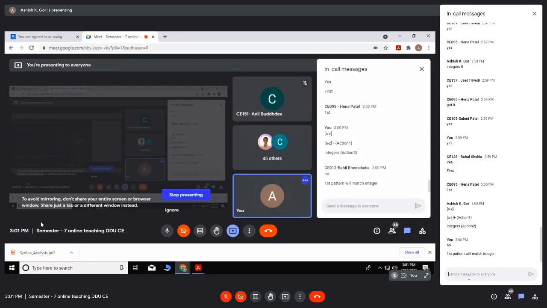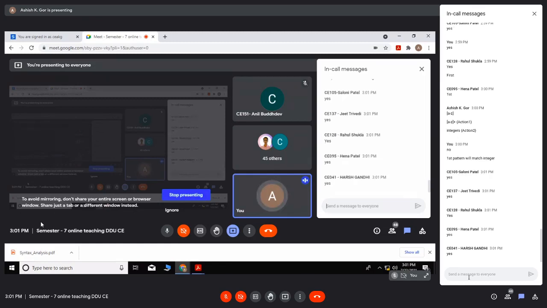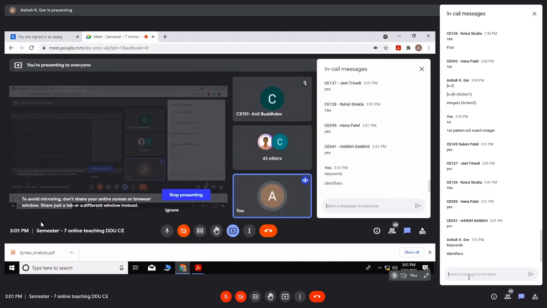Are you getting it, others? You should not write integer afterwards. Otherwise, it will never match, because it will always match the first pattern, A to Z plus. So now tell me, in a C program, if you have keywords and identifiers and you want to write rules for both, which rule will you write first?